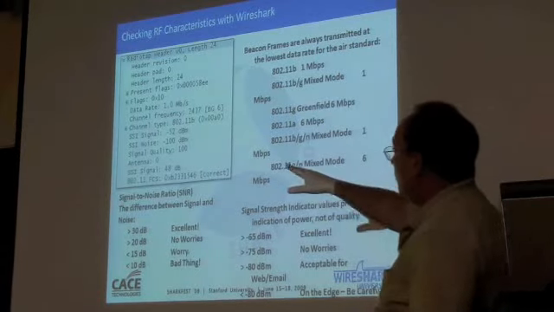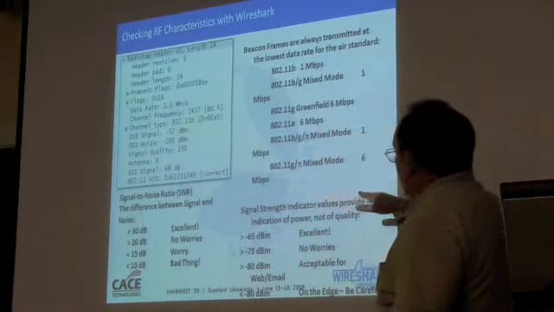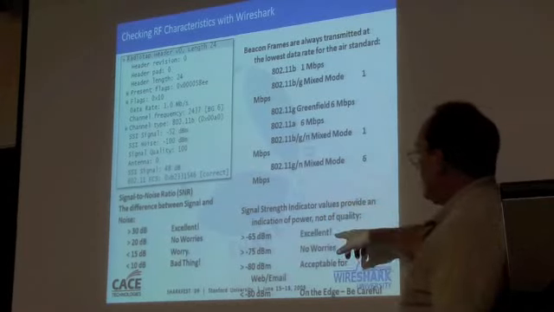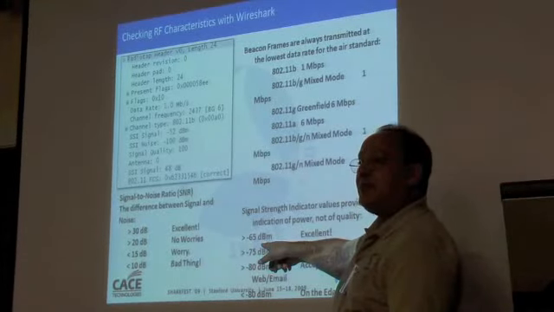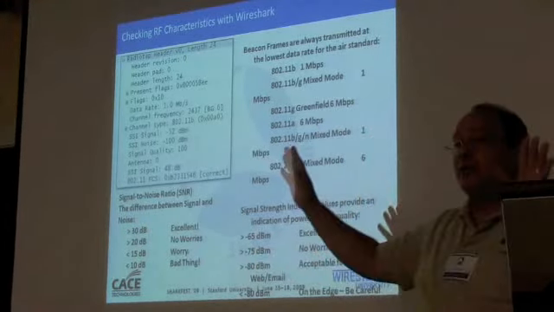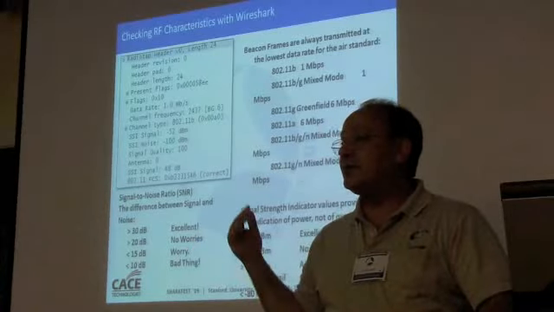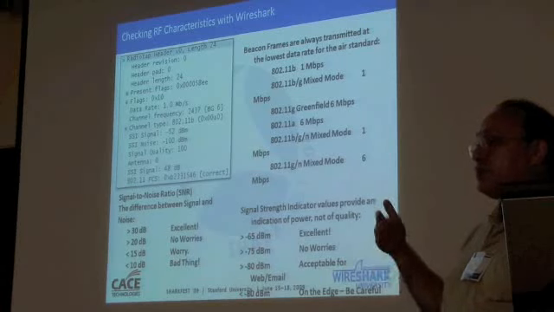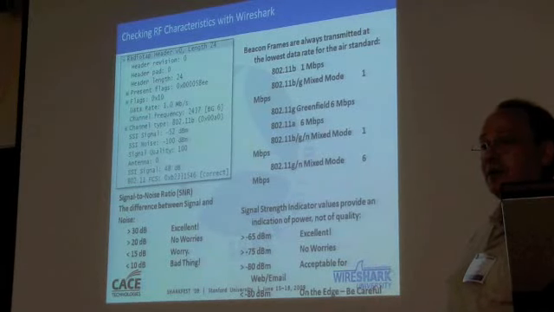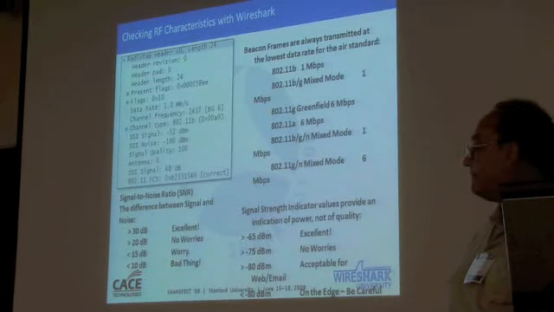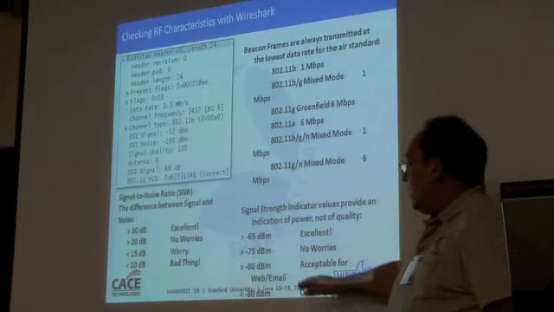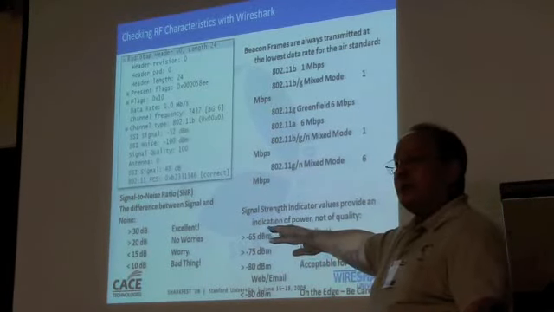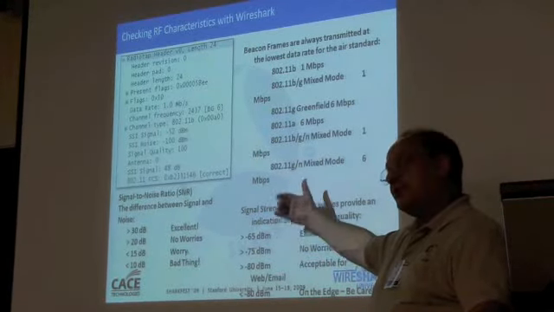Now, when you look at signal strength, if you're greater than minus 65 dB milliwatts, that's great. And that's mathematically greater. So minus 60 is greater than minus 65. Minus 50 is greater than minus 65. Numerically, mathematically greater. And by the way, dB milliwatts, this is like miles and kilometers, sort of.